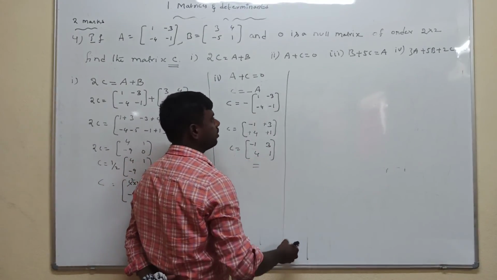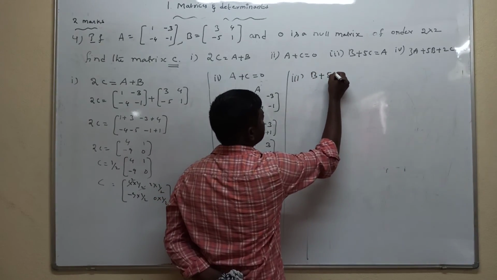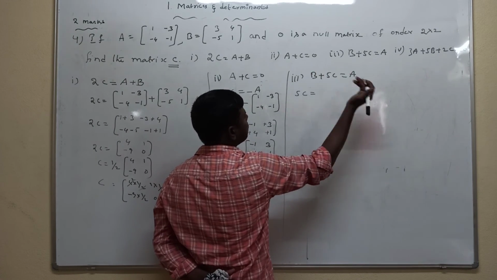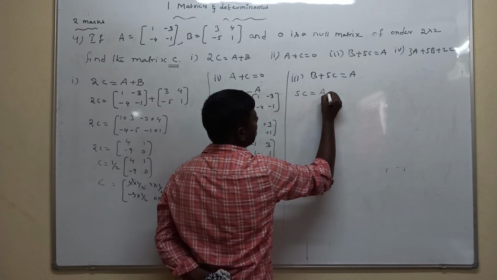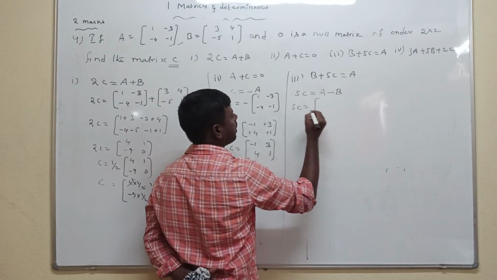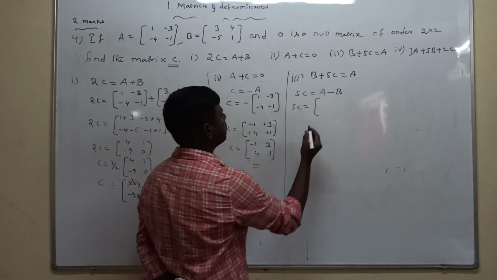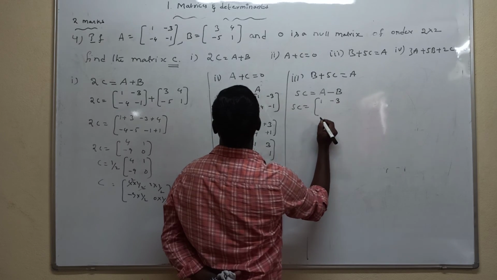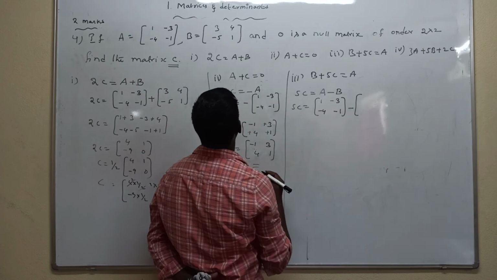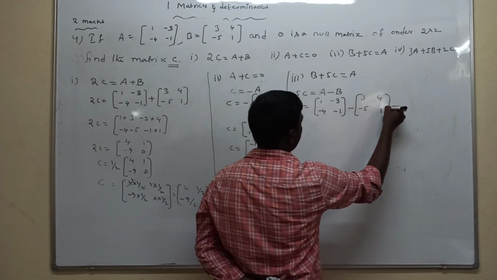The third one in the given question is B plus 5C is equal to A. So 5C is equal to A, and the plus B matrix we can take to the right hand side, giving negative B. Now substitute the A matrix and B matrix. We are substituting the corresponding elements: [[1, -3], [-4, -1]] minus the B matrix [[3, 4], [-5, 1]]. Now we are